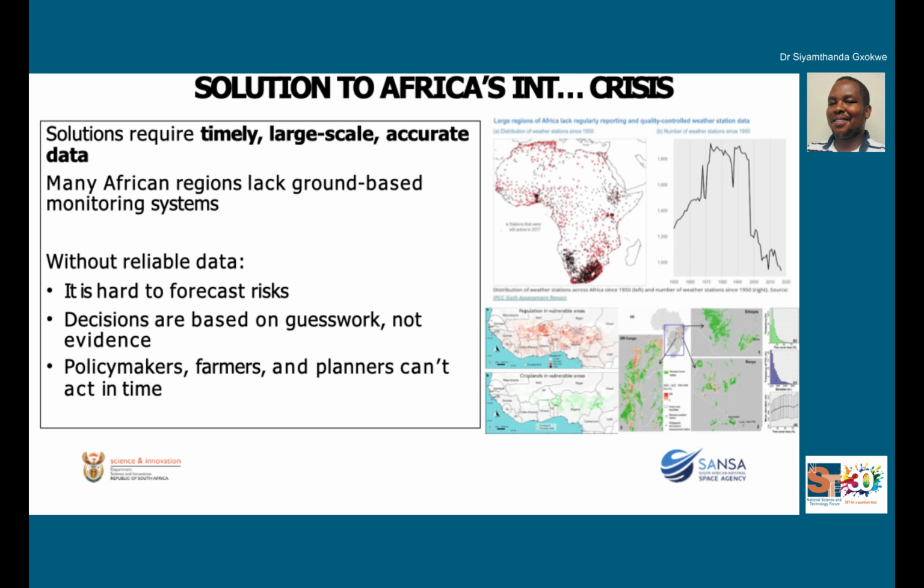And we know that if the policies are fragmented, then in every situation where we are facing issues of climate change, we would not be able to respond on time, because we don't have enough data to inform us on which areas are experiencing these challenges, where we can target the interventions, and what sort of interventions we need. So with a lack of data, we are unable to come up with scientifically sound solutions that address the challenges that we are facing.